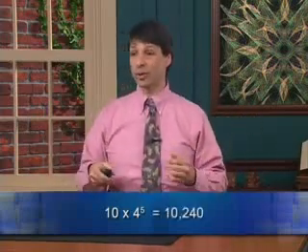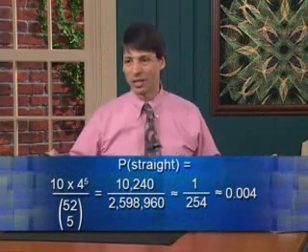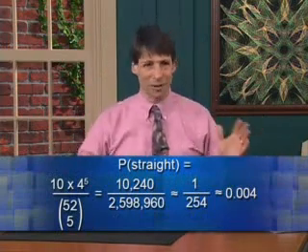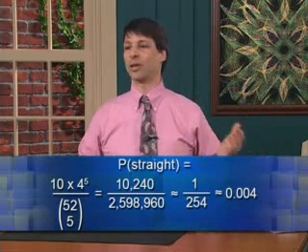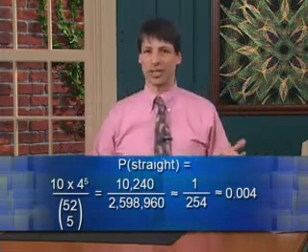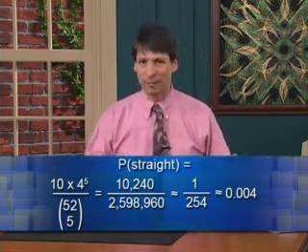And that's the first number in my calculation. That's the bottom card of the straight. Once I've chosen the bottom card, I know what the other 4 values are. Then I have to assign suits to those cards. There's 4 choices for the first card, 4 choices for the next card, and so on. 4 to the 5th ways of assigning suits. That's a little over 10,000 ways of doing it. The probability then of getting a straight is going to be 10,240 divided by our 2.6 million. That's about 1 in 250 chance, about 0.4% chance of being dealt a straight.